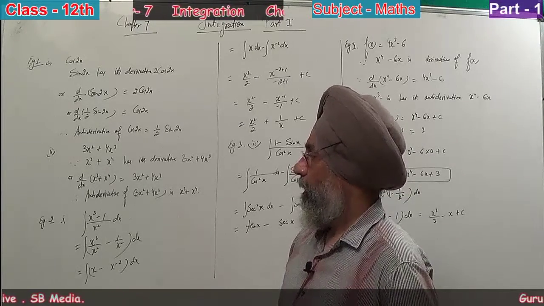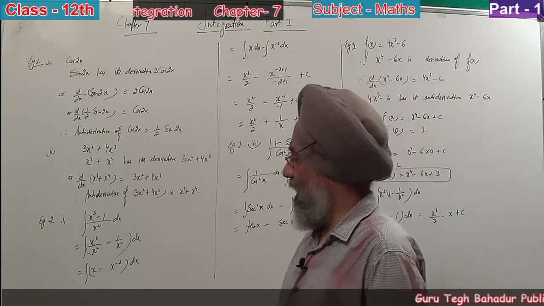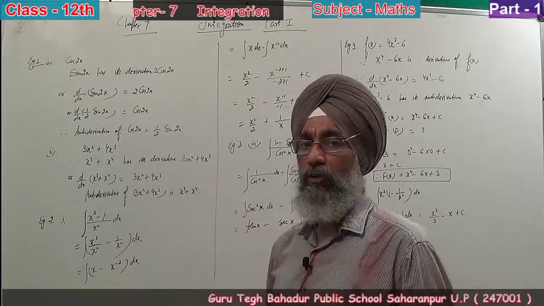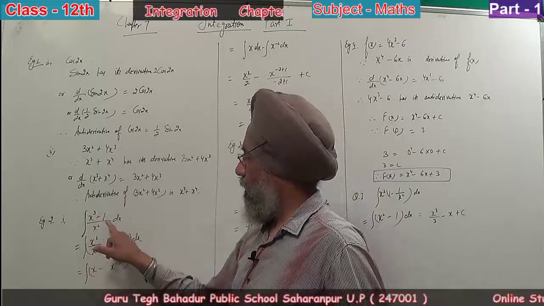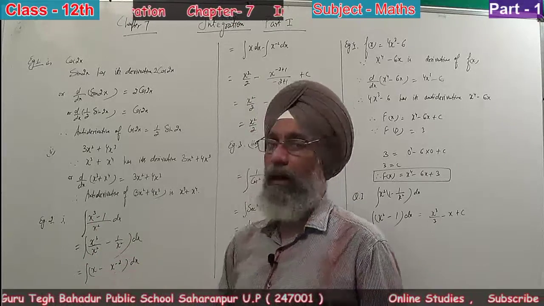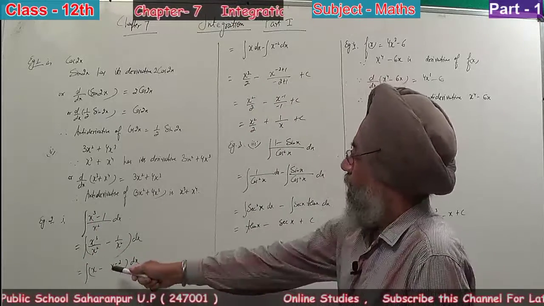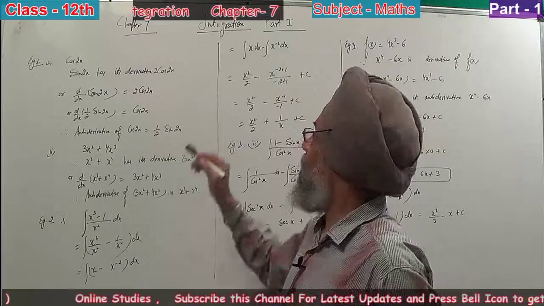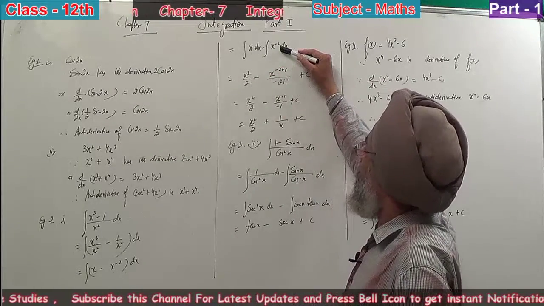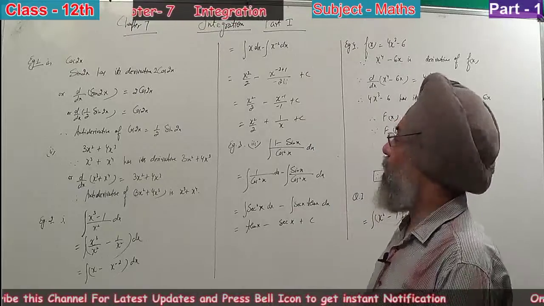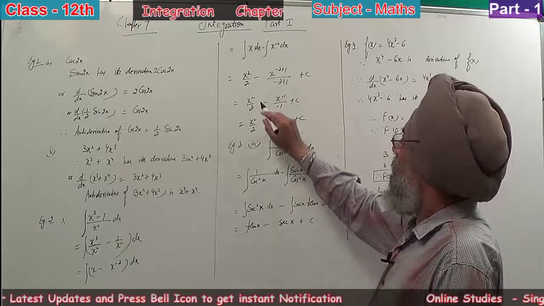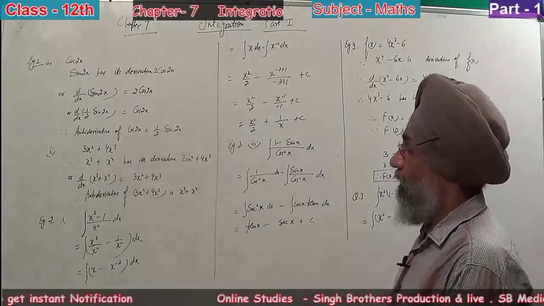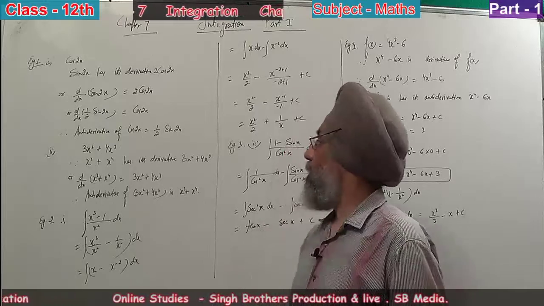That's the antiderivative. Now if you see example number 2, it is given the integration of (x cube minus 1) upon x square dx. Splitting it, x cube upon x square minus 1 upon x square gives you x minus x to the power minus 2. Now its integration: for x to the power n, it becomes x to the power n plus 1 upon n plus 1, that is, x to the power 2 upon 2. Here it becomes x to the power minus 2 plus 1 upon minus 2 plus 1. So x square upon 2, and x to the power minus 1 upon minus 1 gives you x square upon 2 plus 1 upon x plus c, where c is the constant of integration.